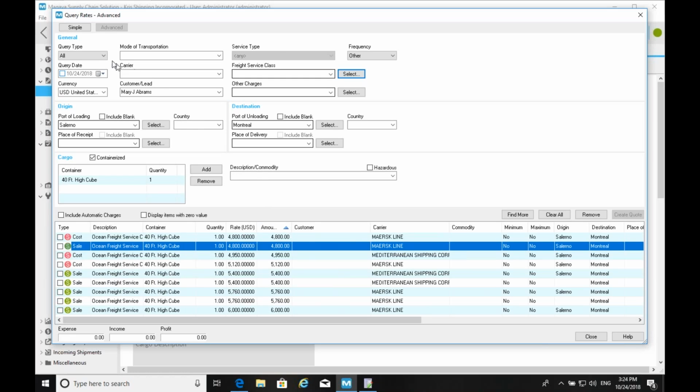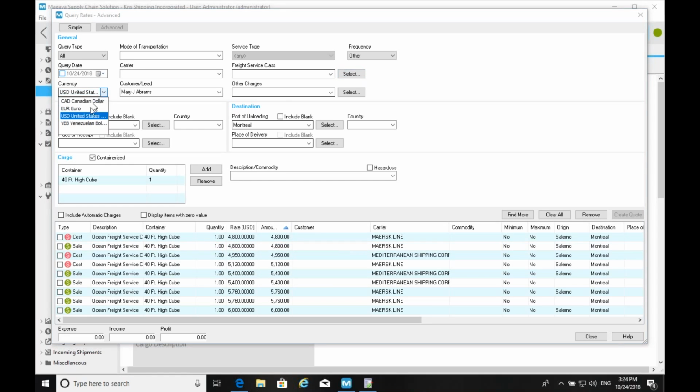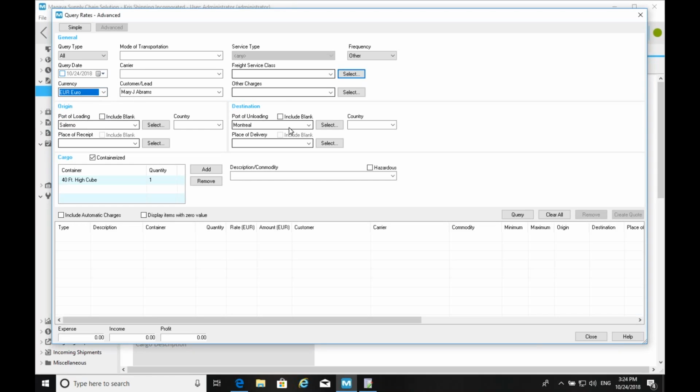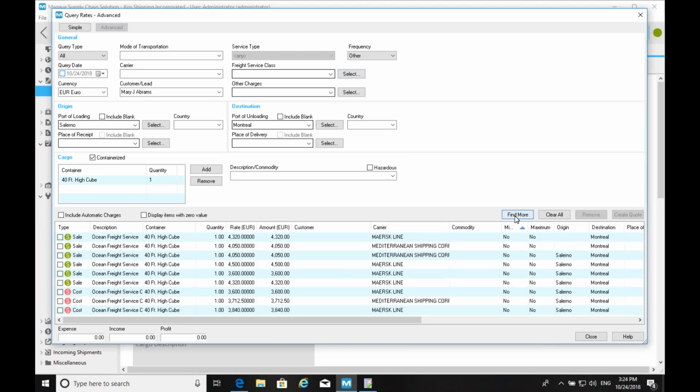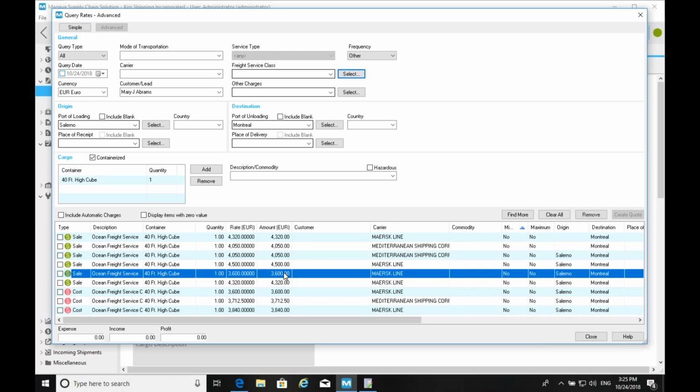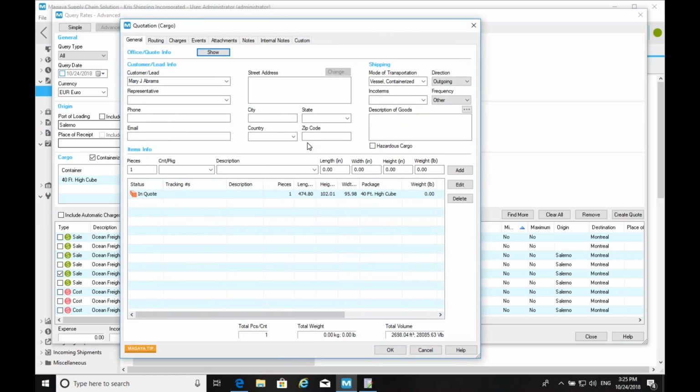Finally, what the customer is asking me is, okay, these are US dollar rates. Do you have anything in euros for me, for example? I can just switch this query, a new feature that we have. All right, these are my euro rates. The carriers actually do offer both rates for me. The cheapest I have here is 3,600. She's very happy with that one in euros. She calculates a little bit. Okay, that is a better exchange rate for me. And again, I can just go ahead and create the quote from here.